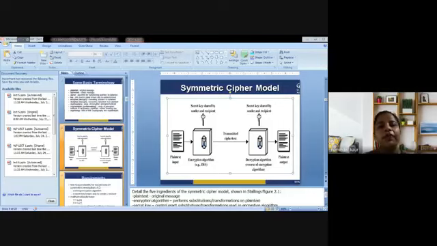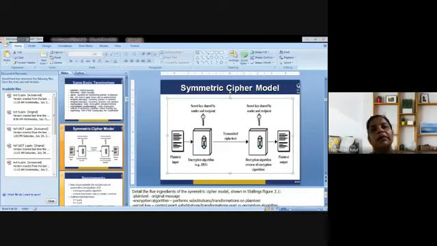Next is the block cipher. What is there in the block cipher? It is a deterministic algorithm operating on fixed-length groups of bits called blocks. It uses an unvarying transformation, that is, it uses a symmetric key. They are elementary components in the design of many cryptographic protocols and are widely used. So there are certain terms that are associated with stream cipher and block cipher.